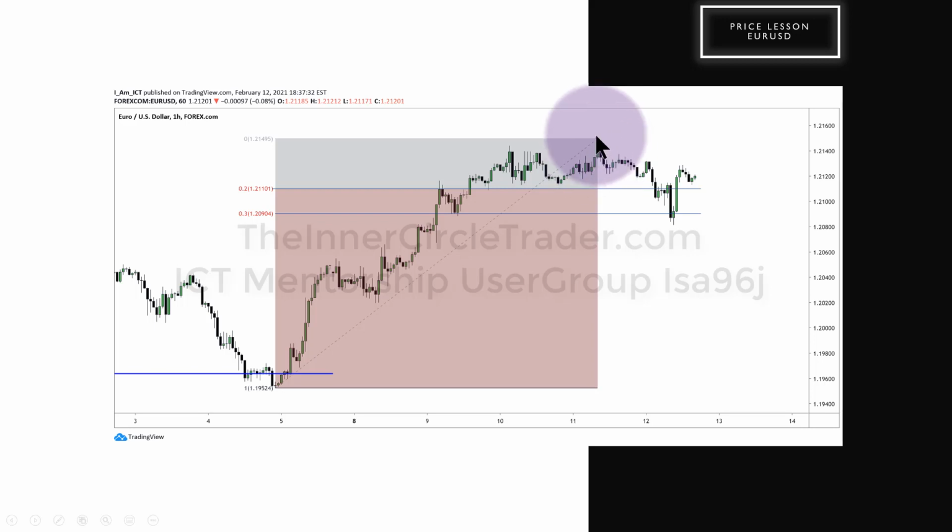This high and its retracement down inside of the range low, here to here. Okay, so this is that reaction on the order block on the daily chart. We have all of this movement higher, and then we're anticipating price moving from this high down. But how far? How far can it trade down? Well, what I like to use is the 20 level and the 30 level of a particular range.